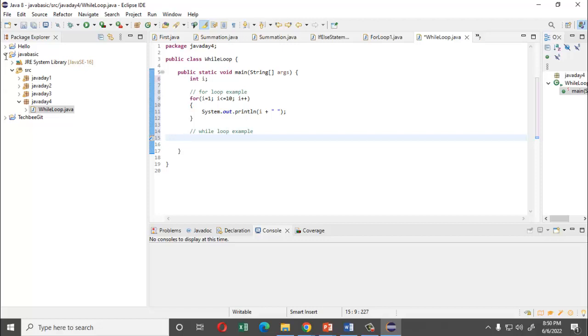So here you see the initial position over here, and the conditional position in between the initial and the iterations. I have mentioned the initial iteration here, i equal to 1, and then while i less than or equal to 10, and then sys out,